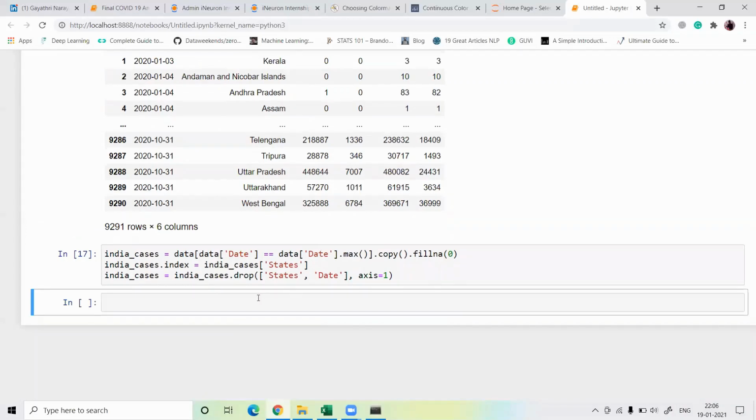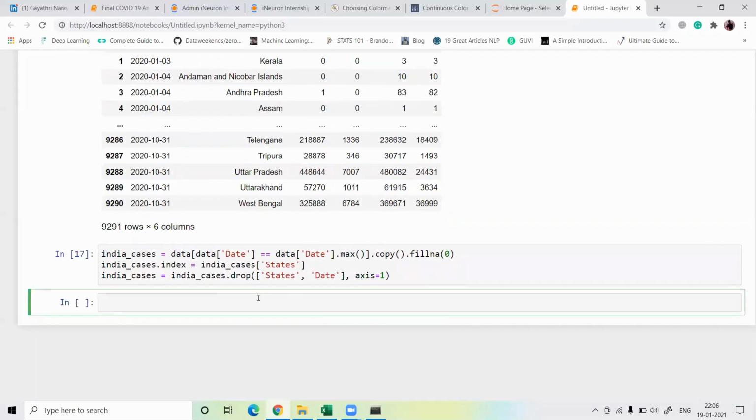Now it's running successfully. Let's first try to create a data frame. Use pd dot DataFrame, then pd dot to numeric to convert our data into numeric format.